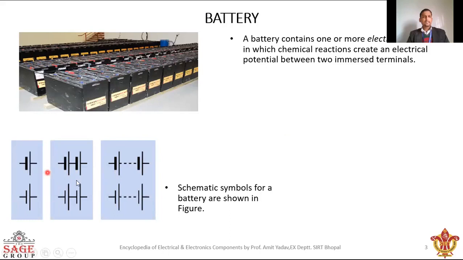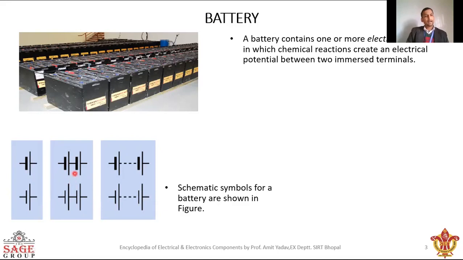Now, here is the schematic symbol of the battery. In this diagram, if you see the first block, here we have the schematic symbol of a cell. Here, this bigger line shows the positive terminal, and this bold, smaller line shows the negative terminal. And when we connect a number of cells, suppose we connect two cells together in series, then it will create a battery. Okay, so this second block shows the schematic